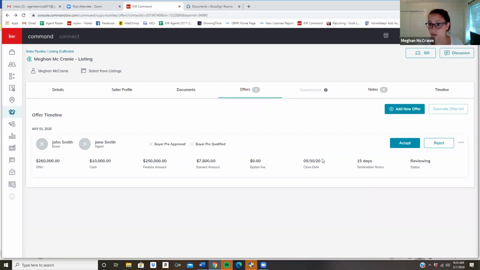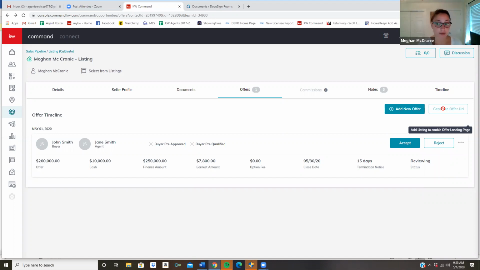And then again, if you need to move your videos of people, you can just move them to the left, because then you'll see there's an accept button and a reject button. There's also 3 dots where you can edit this offer, add a negotiation, add analysis, send and remove offer. So if you're on the buyer side, you can actually create this and in theory send it over to that seller.